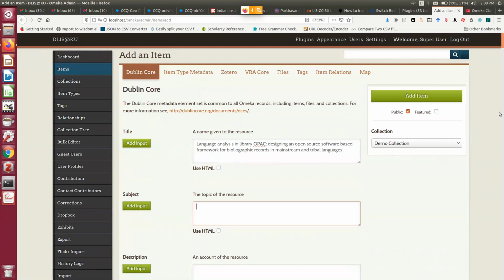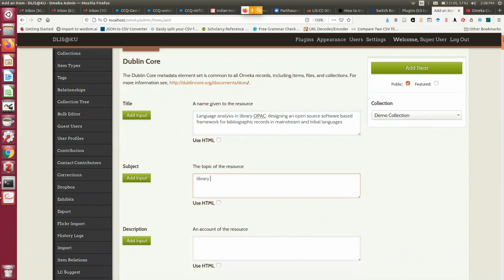So let me search by library. If I point out library, and if my machine is connected to the internet, it should show me an option from Library of Congress.